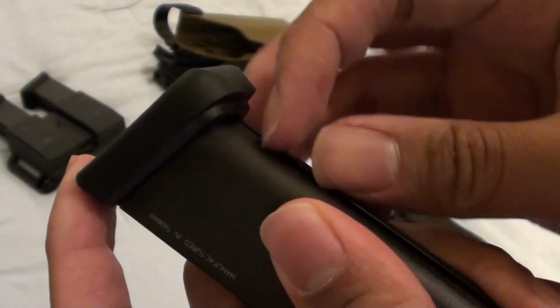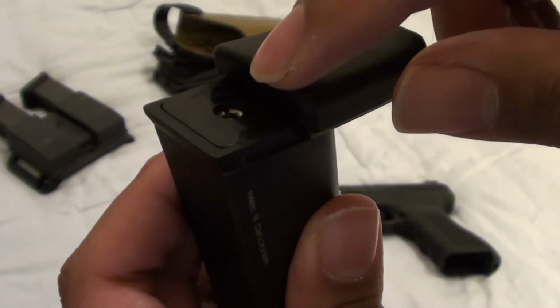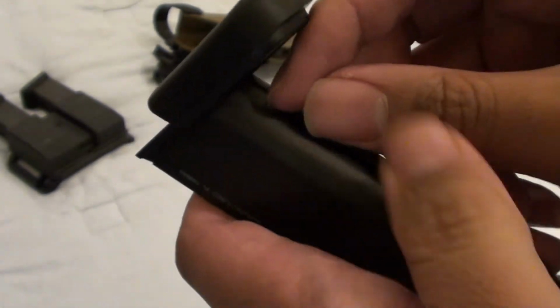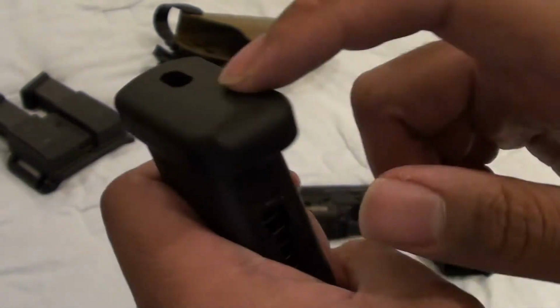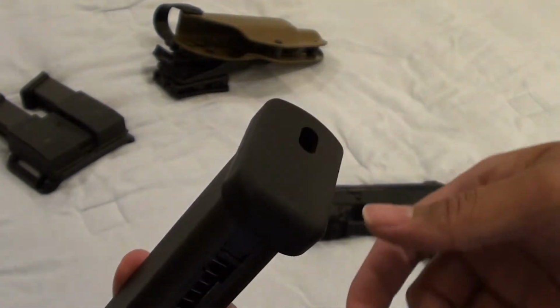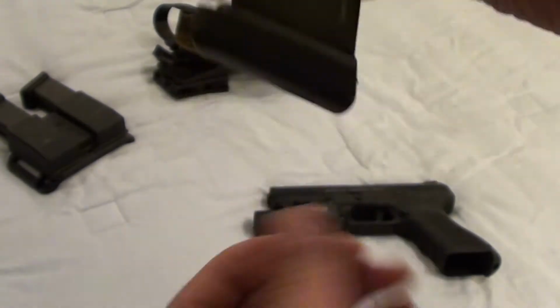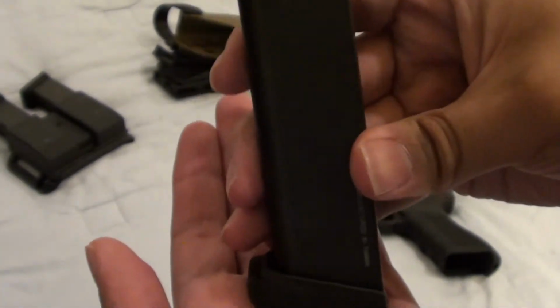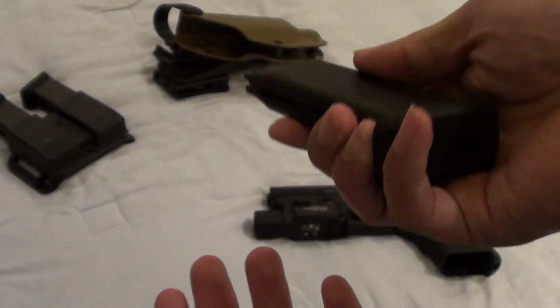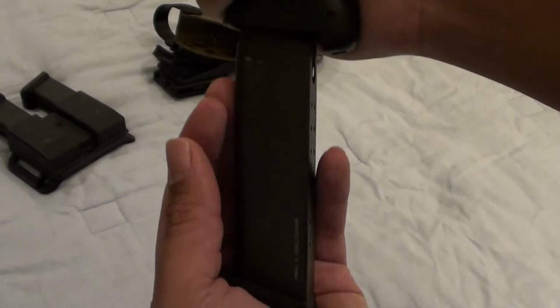What you do is you bring this down, and this plate comes down so you can fill the mag with green gas. I don't know why they put that plate there. Maybe just because if you were dropping mags in a speed reload type thing, when you were training to use these as real steel, let's say you were law enforcement or whatever, they would just drop the mag. I would never drop a mag in a game, but hey,